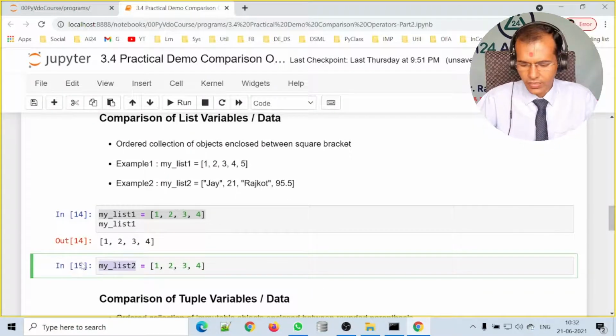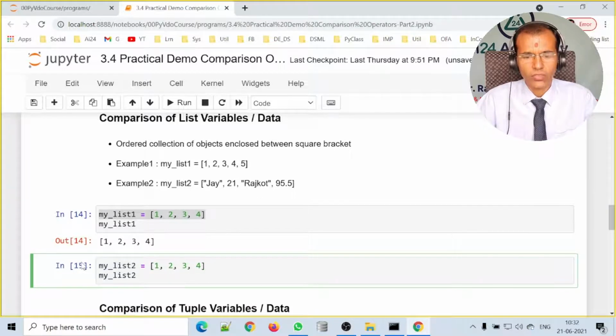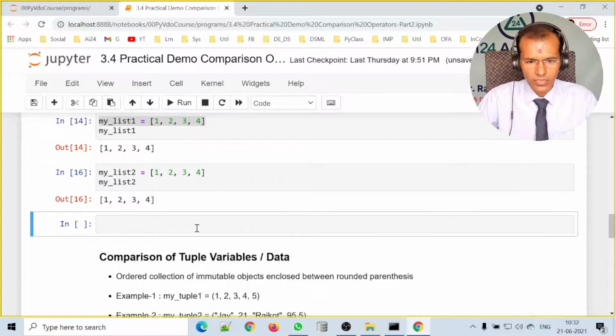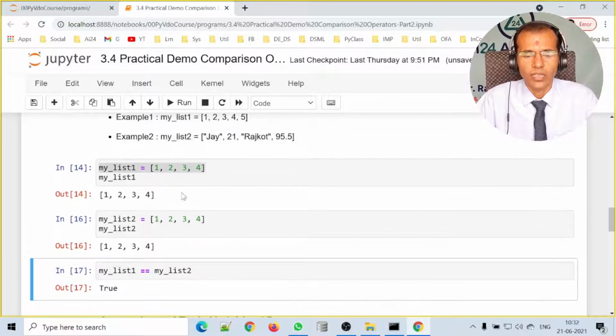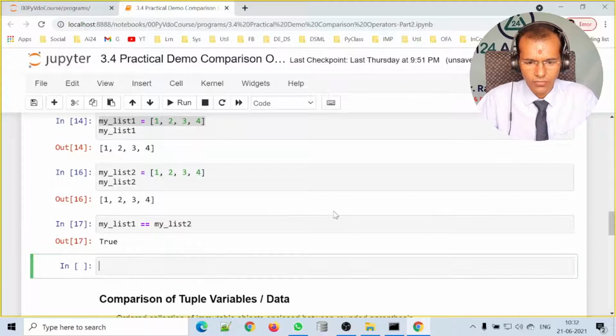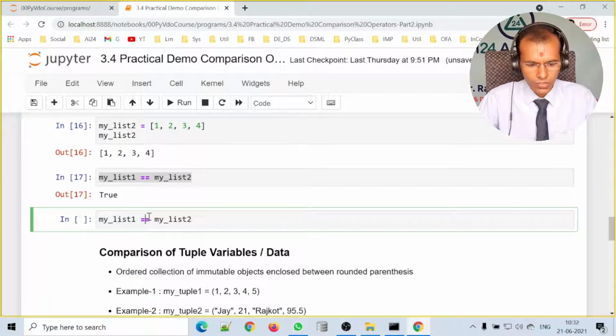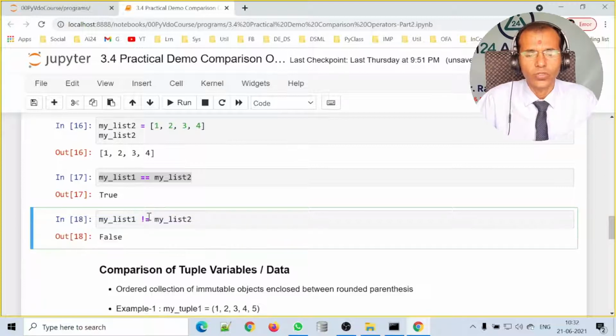The content of my_list1 and my_list2 is same, and now let us compare my_list1 equals my_list2. As both are equal, it is returning true. But if we check the same for not equal to, then it returns false because both are equal.